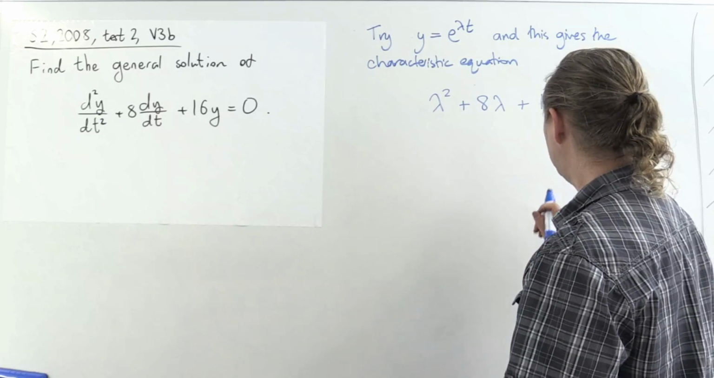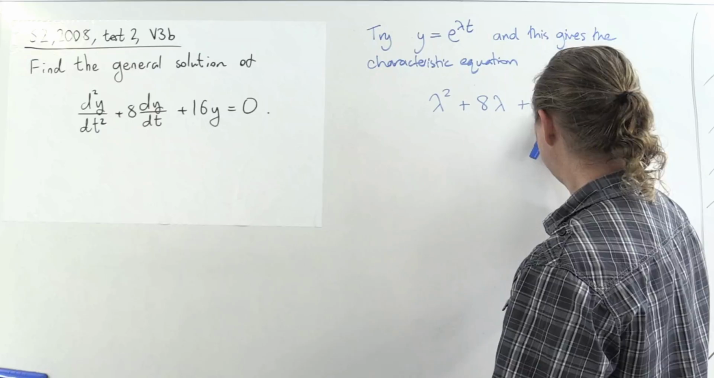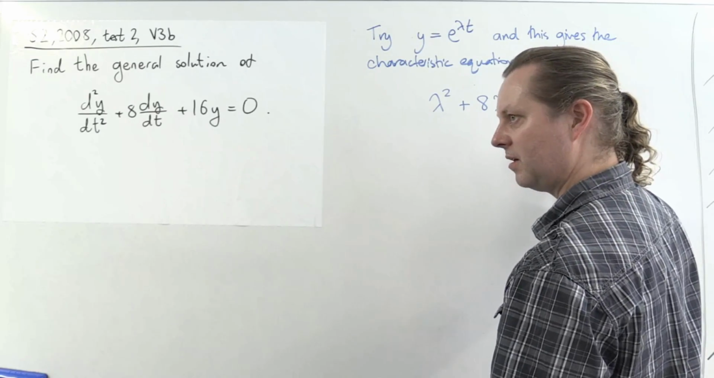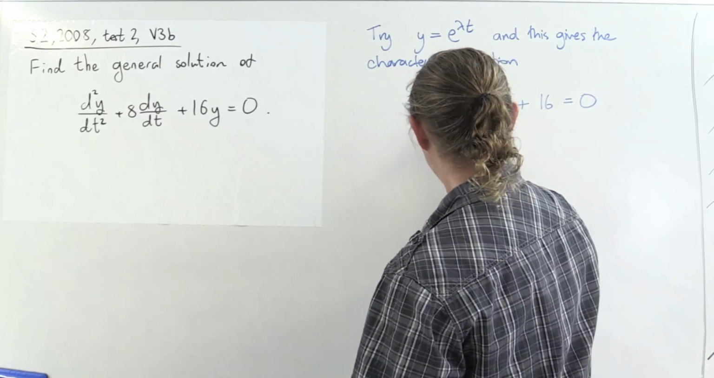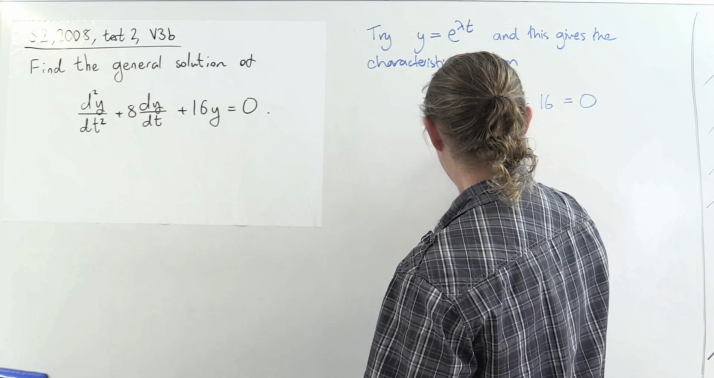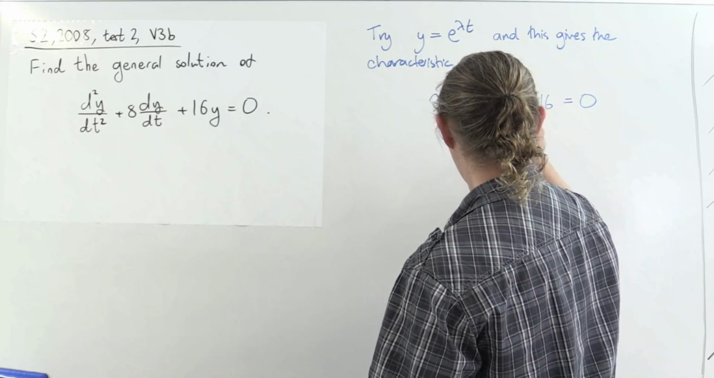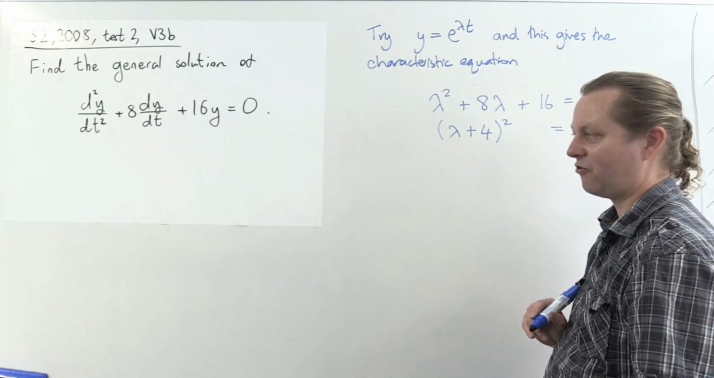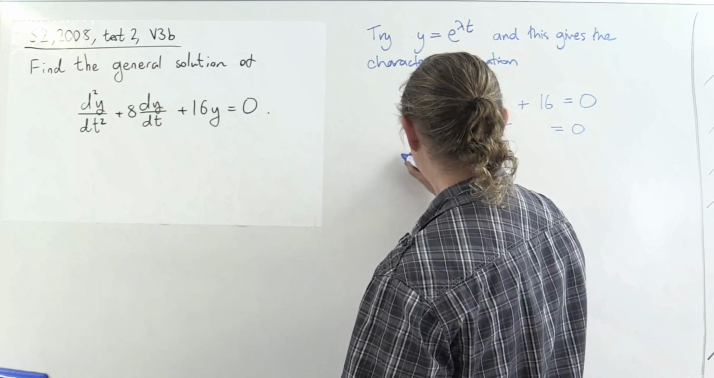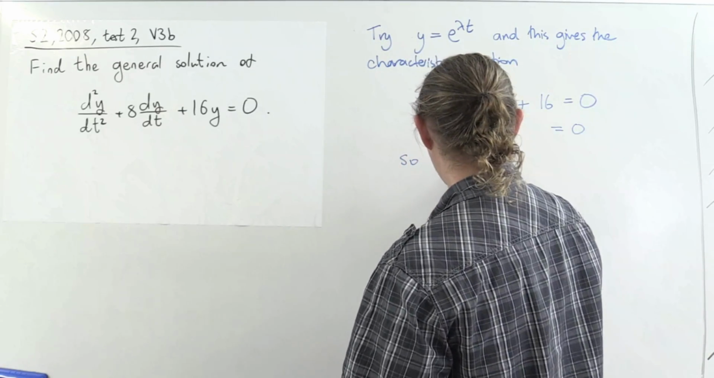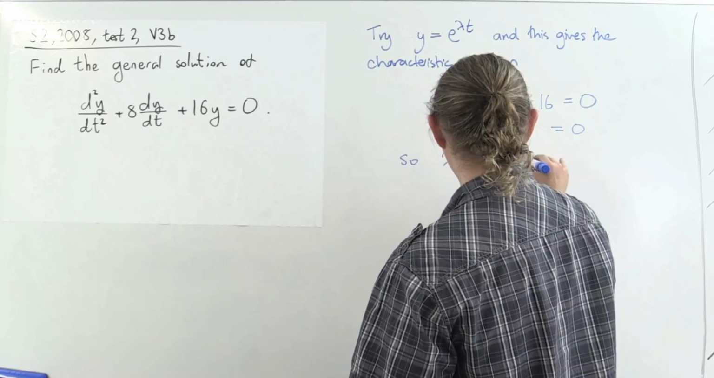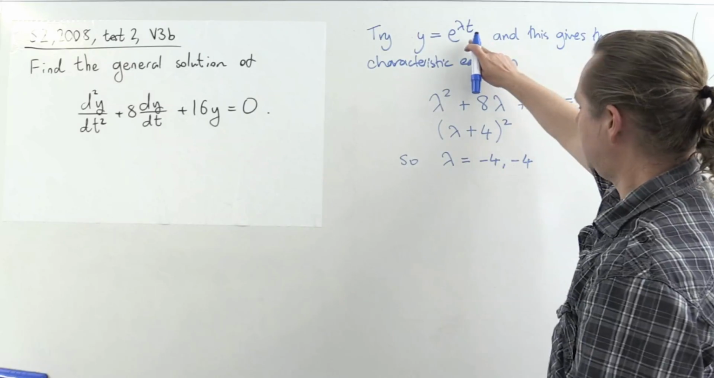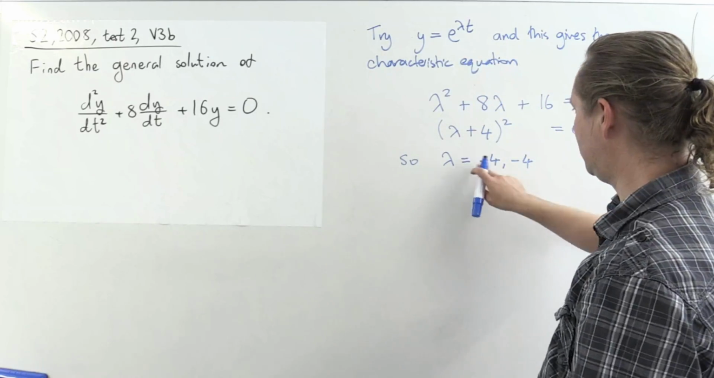Is that an easy one to factor? So 16, 4 and 4 maybe. I usually start with a discriminant as a quick sanity check. But is this lambda plus 4 all squared? Yes, it is. Oh, good. Okay, so this has got a repeated root. I might even write that as lambda equals minus 4, minus 4, just to emphasize that it's a repeated root. And in that case, our guess here only gives us one solution, e to the minus 4t,